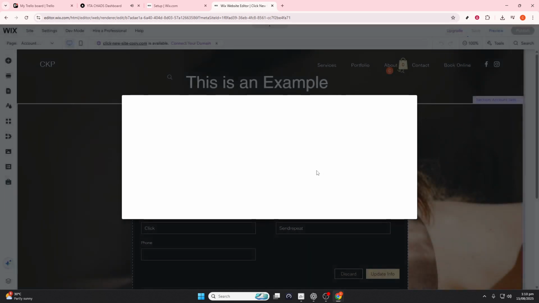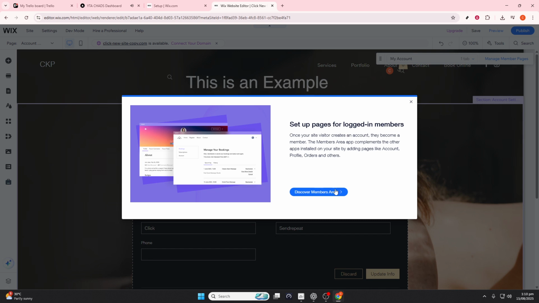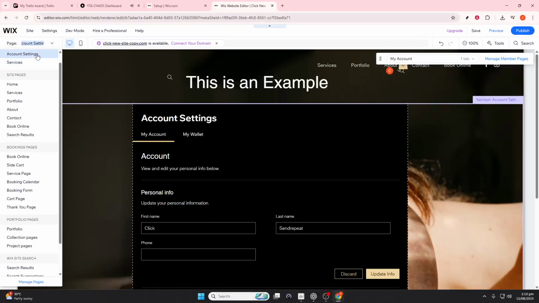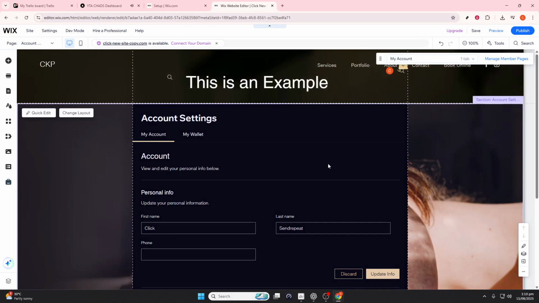You can modify the layout, background, and text to ensure it aligns with your brand's aesthetics. Don't forget to customize the profile page as well. Add sections for orders, bookings, or saved items, and ensure the design complements your brand's colors and style. Once you're satisfied with the design, pay attention to additional settings like account settings to fine-tune how members can interact